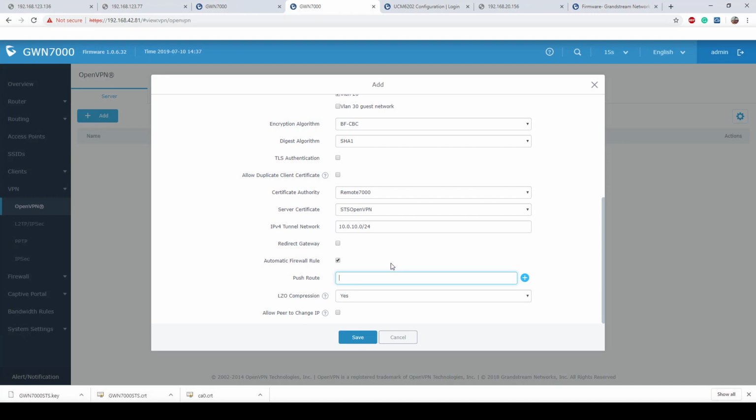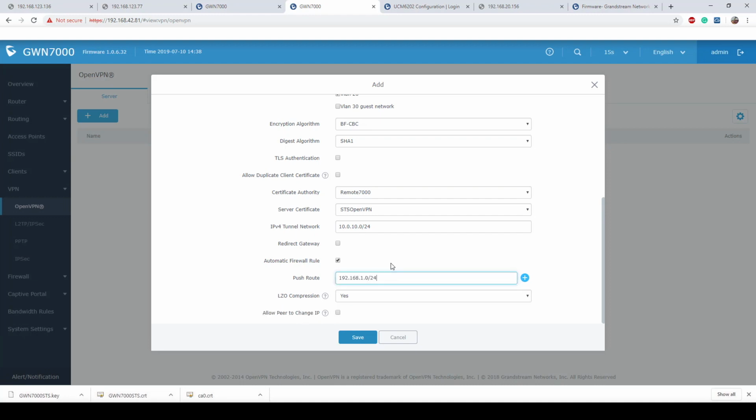If I have any subnet I want to advertise to the connected client, push route is going to help me accomplish that. So I'm going to make sure I advertise all 3 default networks, unless you want to restrict one network from having a route on the client side. So you can omit subnets, but just be very wary, because if you forget to add a subnet that you need, you won't be able to get access to it, and your client won't have a route for it. So with that being said, let's go ahead,